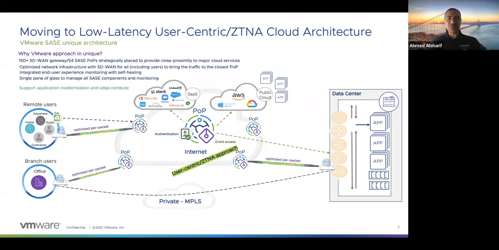When we talk about application modernization, again, I keep saying modernization because it means compute. It means end user compute. I want you to think about this edge device as a platform. Even the PoP will be the same thing as a platform. And this platform can host applications as part of the SASE solution. Why is this super important? You can move applications from the data center or the cloud all the way to the edge. And this, for me, is the closest point to the users in the office or users in the remote site or in the 5G tower. If this edge is in the 5G tower, then this is the closest point to the users.